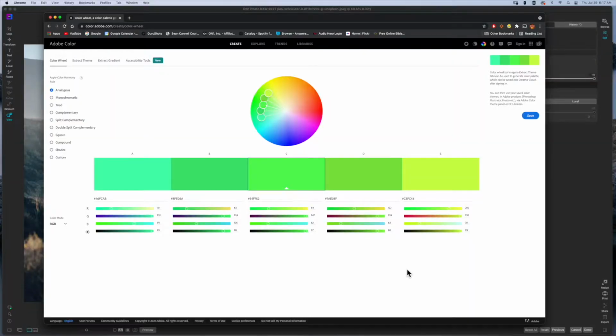So here we are at the Adobe Color website. Now, I want to explain why you would use a website like this. In this series, we talked about creative color editing inside of ON1 Photo Raw. Well, if you are not a colorist or don't have any idea about color theory, then this website,